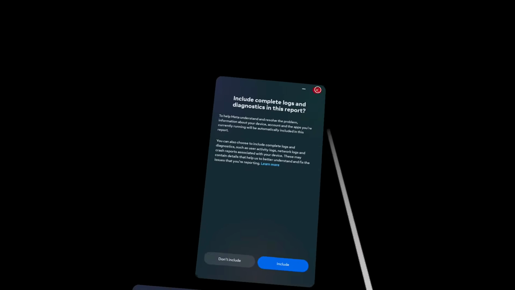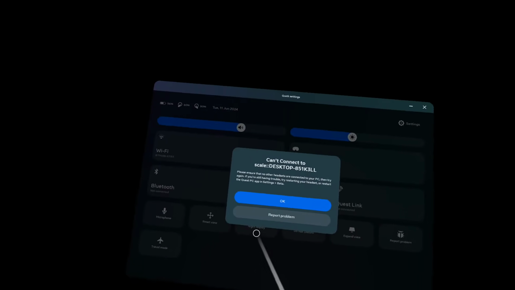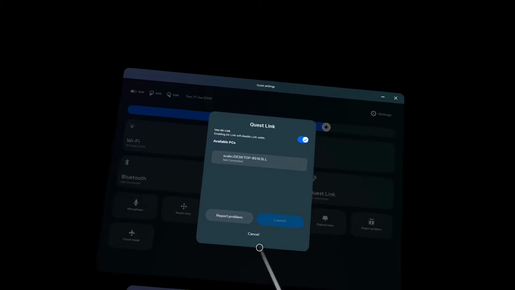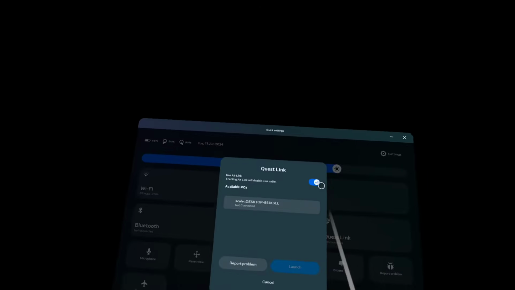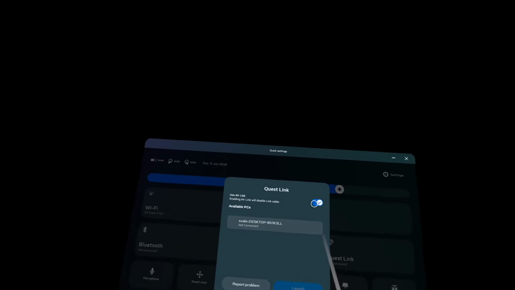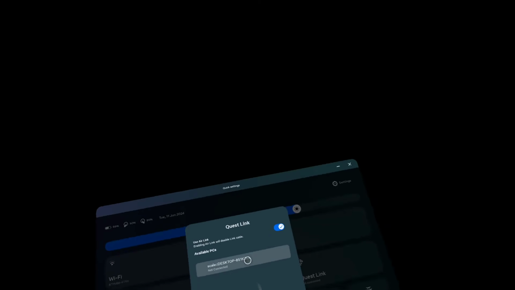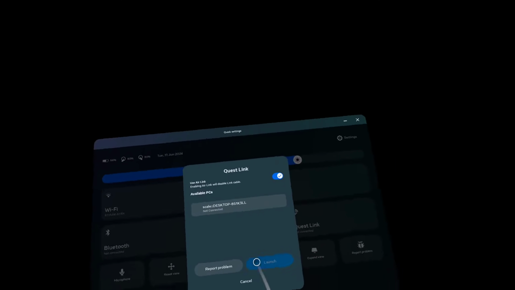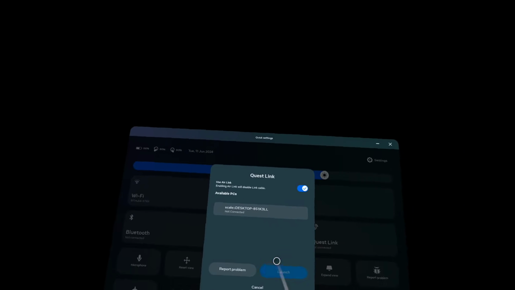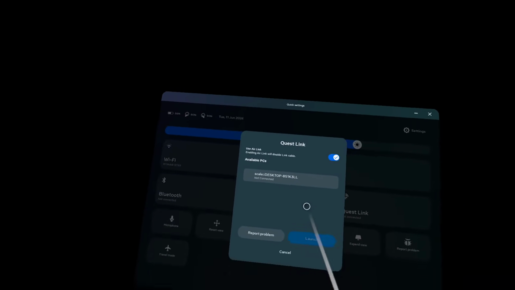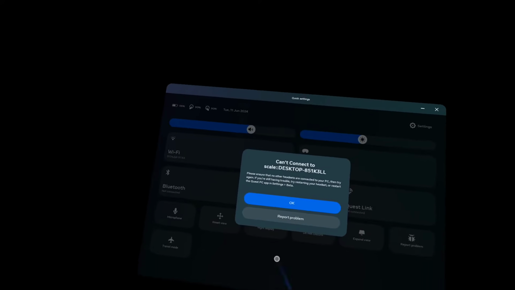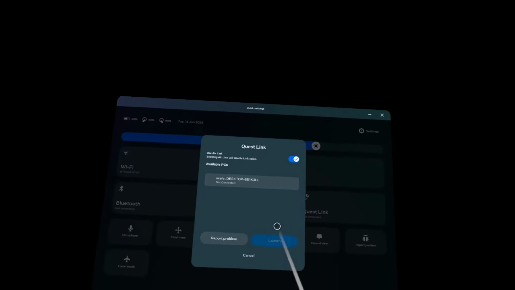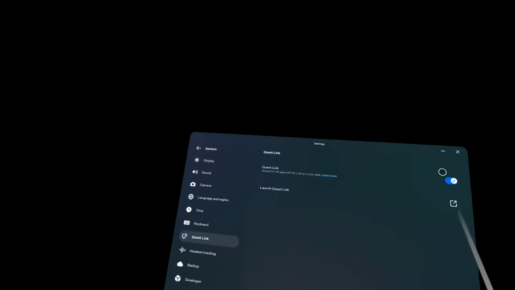I'll go to Quick Settings, and I will go to QuestLink. And what I'll do is I'll unselect Use AirLink. I'll unselect that, leave it for about 10 seconds, then I'll reselect it, and then I'll select the computer, and what we're looking for it to say is launch or pair. If that doesn't work, what I'll then do is I will go into my settings again, and I will go in here,